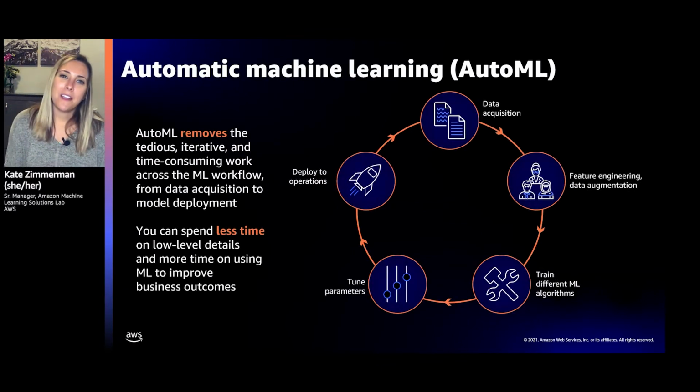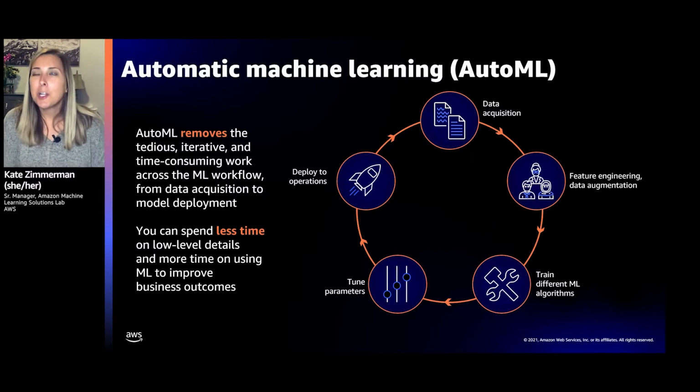So first I want to start by defining what AutoML is, because it can be a little bit of a buzzword. People get very excited about the idea of automating machine learning. In automatic machine learning, the whole goal is to really accelerate the machine learning lifecycle. So if you think about a typical machine learning model, first you're going to get the data that you're going to use to train your model. You then have to do feature engineering and augmentation, so you clean that data to get it ready for machine learning model training. And this can take time, and typically it's very iterative, right? So you go forth, you try one data augmentation technique, realize it didn't work, go try a new data augmentation technique and kind of repeat.